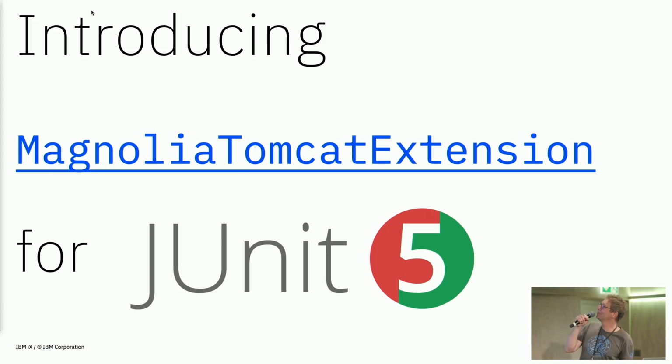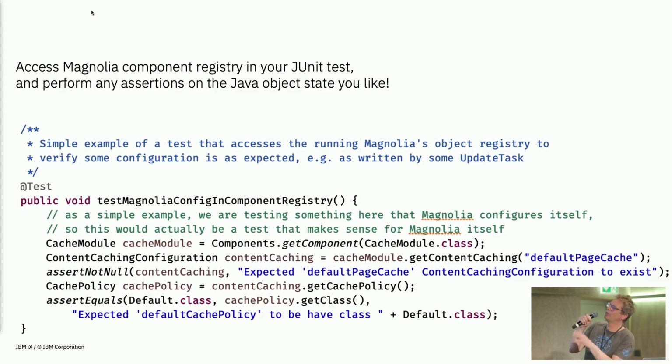So, this is the first of the two open source projects I want to present, which has the poetic name Magnolia Tomcat Extension for JUnit5. And actually that's what it is. It's an extension for JUnit5. And what that means is you can now annotate your test. Well, you don't. We'll get to that later. What you need to annotate your test with. But what you can do now is simply